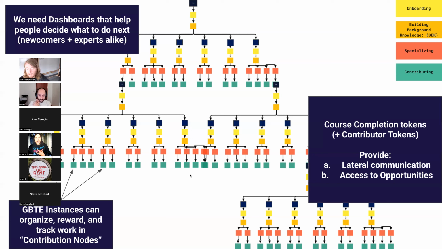That's what's possible. But in a more subtle way, we can also communicate across this chart by looking at the movement of contribution or course completion tokens and the movement of gimbals. This contribution node right here might need help that this one over here is able to offer. That's a lateral movement. Gimbals could be used to exchange that value, or at the very least, contribution tokens can be used for people to say, hey, I know we don't know each other, but here's what I've contributed to in the past.